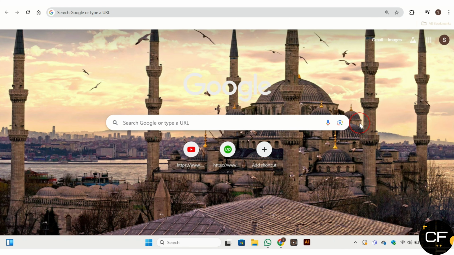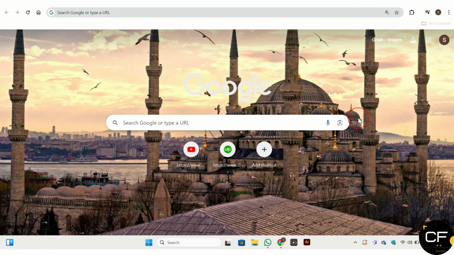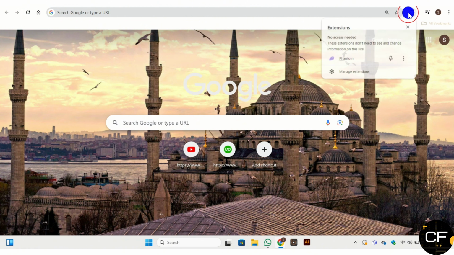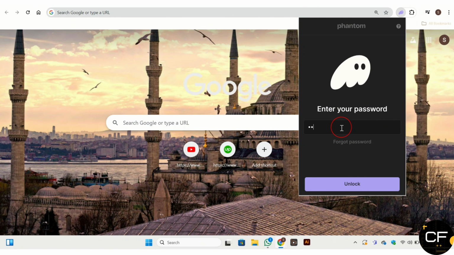In today's video, we are going to talk about how to log out or remove Phantom Wallet. So first, for logging out your Phantom Wallet, you need to open Phantom Wallet. Then once you open it, enter your security details or password, and then Phantom Wallet will appear on your